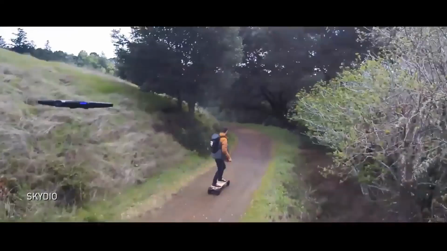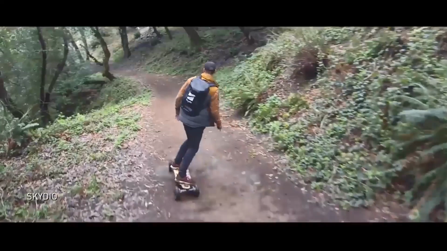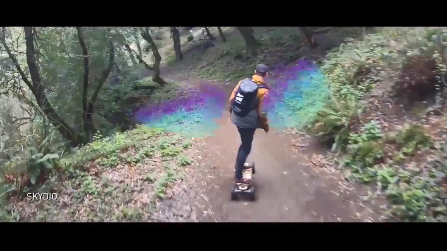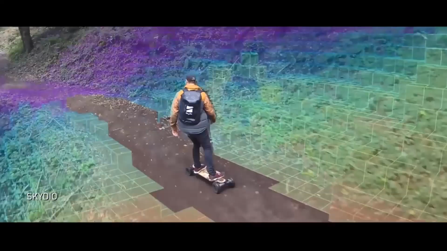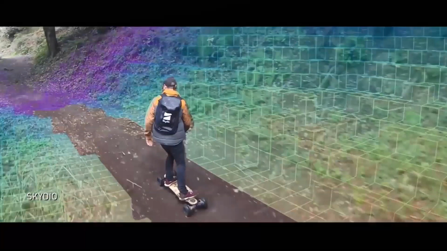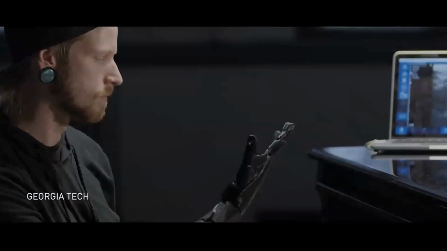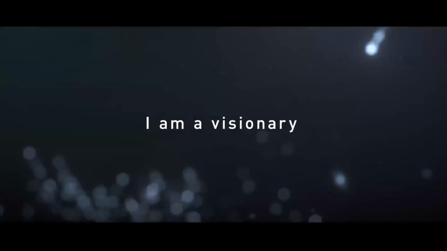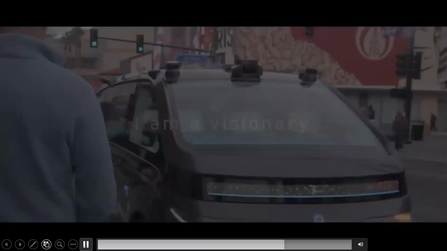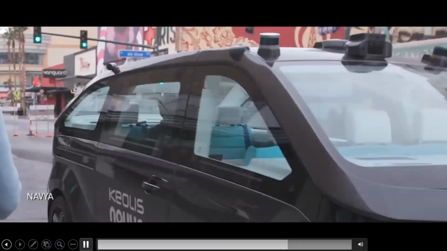Capture our greatest adventures. And make us whole again. I am a visionary, enabling taxis that don't need steering wheels.